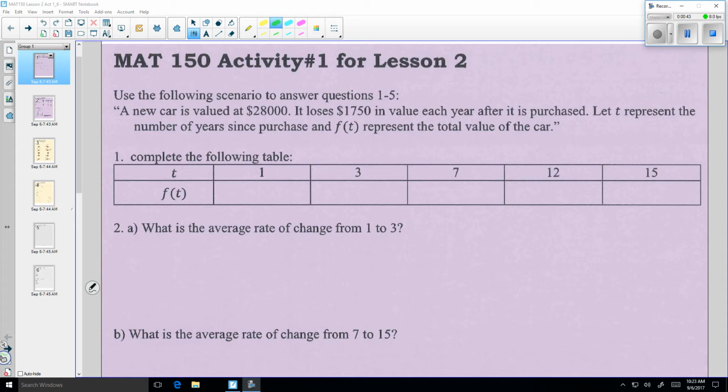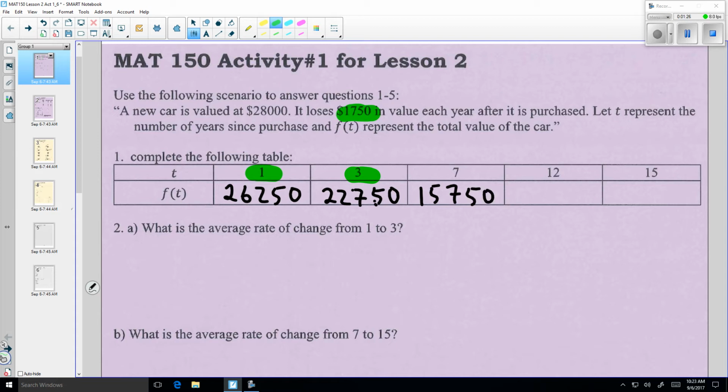Just in a simple brute force way, after 1 year, we would subtract 1 year's worth of devaluation. So it would be 28,000 minus 1750, which is 26,250. And then after 3 years, we would subtract 3 times 1750 from 28,000. That would be 22,750. And then after 7 years, 7 times 1750 per year subtracted from 28,000 leaves